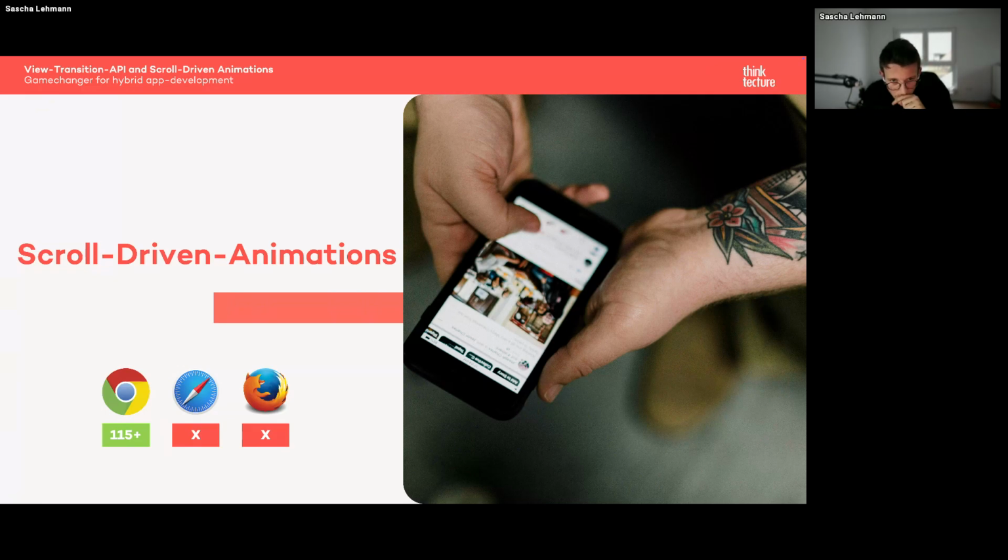And I saw in the chat, what about API support for Microsoft Edge? Microsoft Edge is also a Chromium-based browser, so you have the support in Edge as well. Scroll-driven animations are currently not supported in any WebKit-based browsers or Firefox. Like I mentioned earlier, I hope this will be done in the near future, so